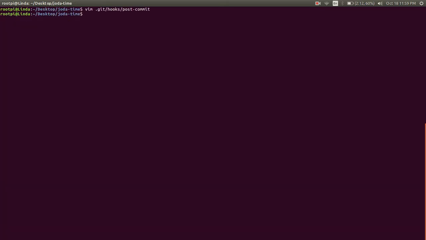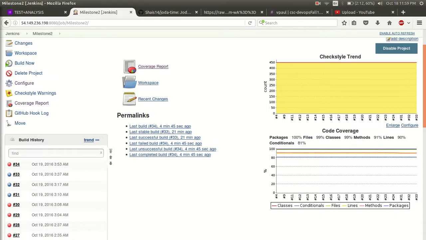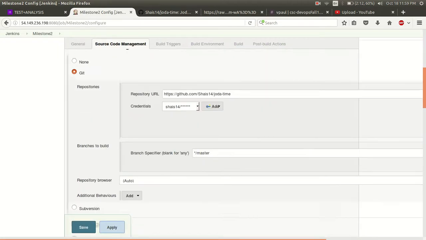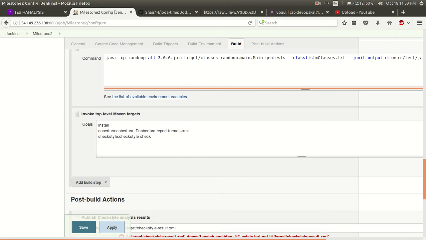Currently the reason why our build is going to fail is because the checkstyle plugin which we have used has a check on the maximum length of the boolean expression, and so to implement that we have configured our Jenkins job to include checkstyle check. So whenever we use check over here, the build always fails if any particular parameter is not satisfied.